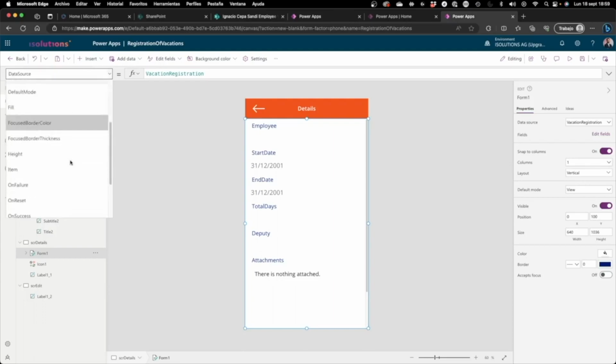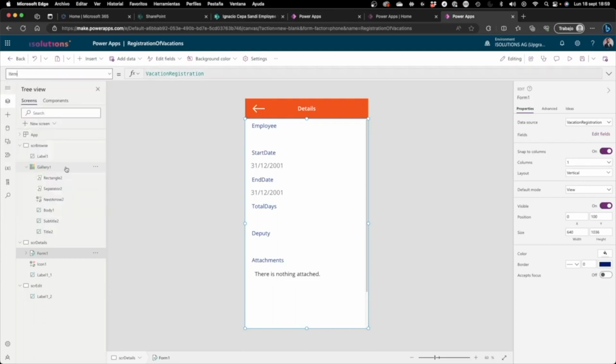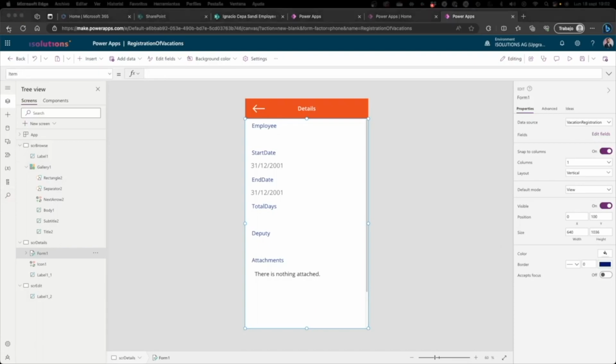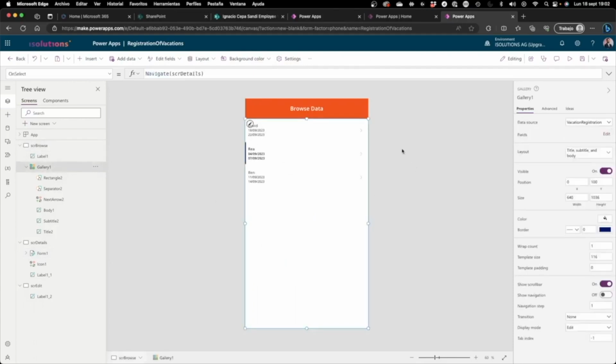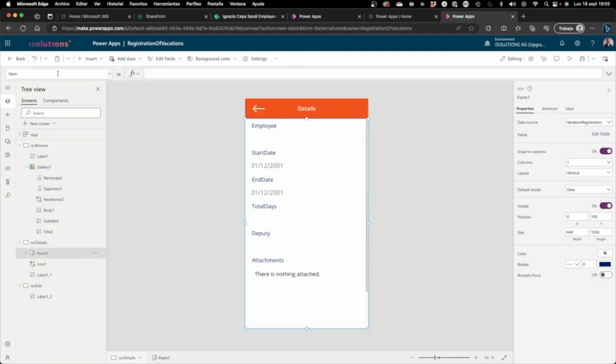What I'm going to do is go to the item property, and make a change here in the formula bar. We need to put here something that is critical that you pay close attention to, because if you recall, from the browser screen, we put here this gallery. Here in the tree view, we can see the name of the gallery. It's called Gallery1. So if I go back to screen details, and I go back to the form, and I'm back in the item property,